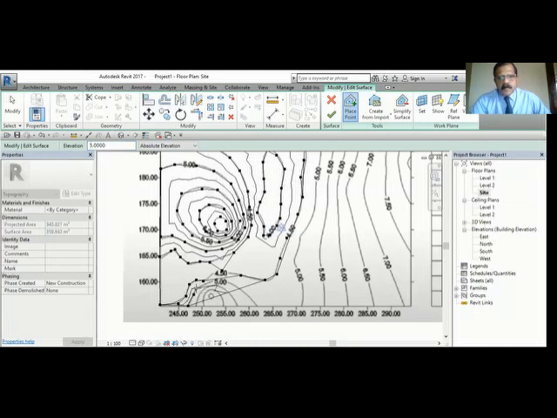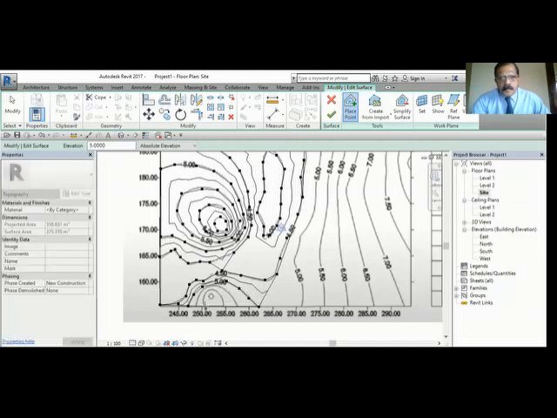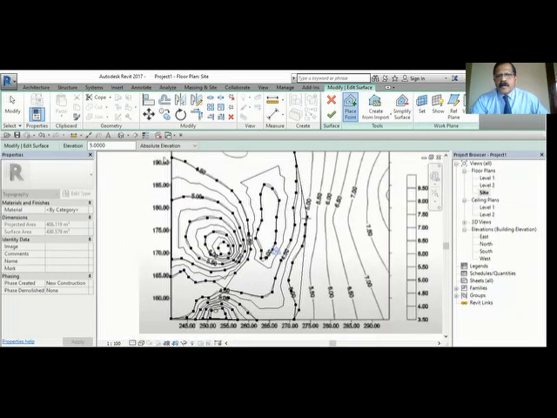So with the 5, then this may be 5.5. Then we have 6. Approximately I've drawn. Now here again you want 5 here. You can delete any point if you have added more.